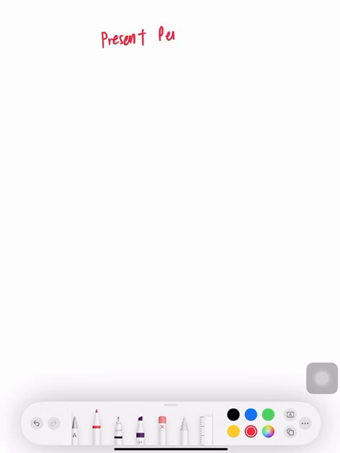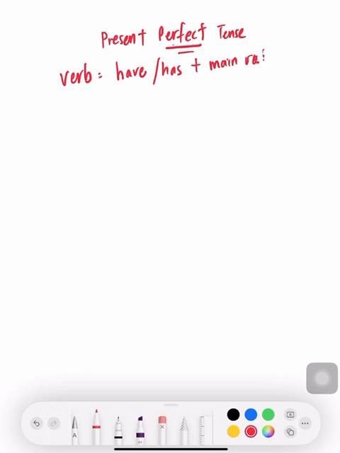So first of all, present perfect tense, what is the verb like? We have already learned that. Since you see the word perfect, what does perfect mean? You're having a perfect life. When you have a perfect life, that means you have everything you want, or he or she has everything they want. So the formula for the verb is you must have the word have or has, plus the main verb must be in